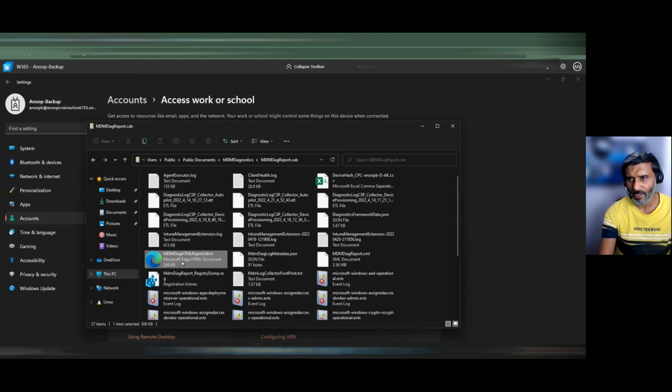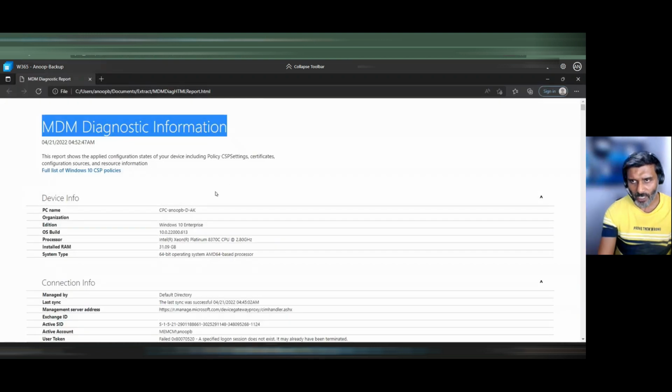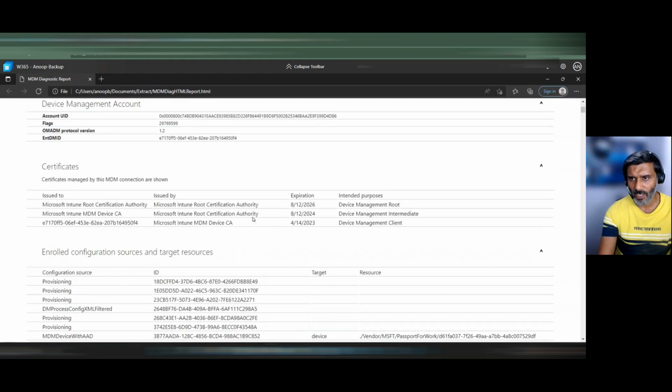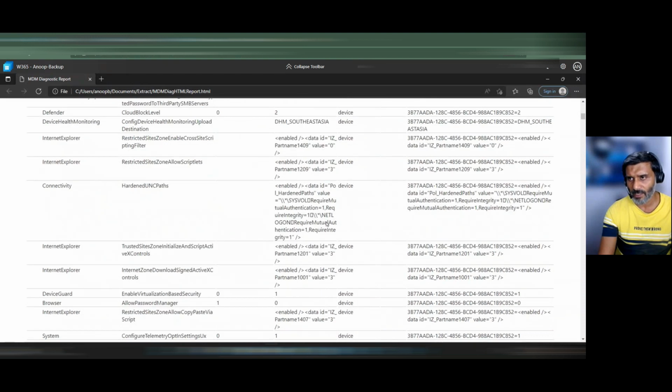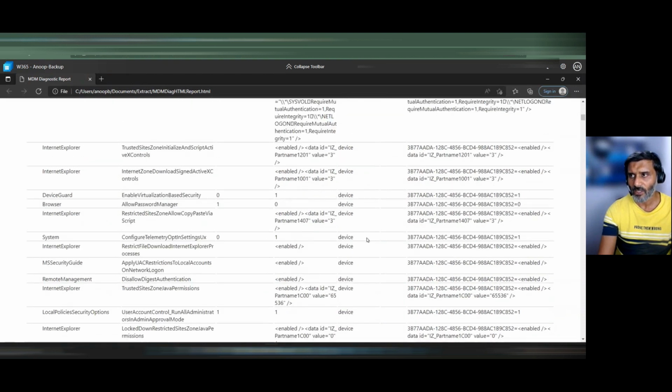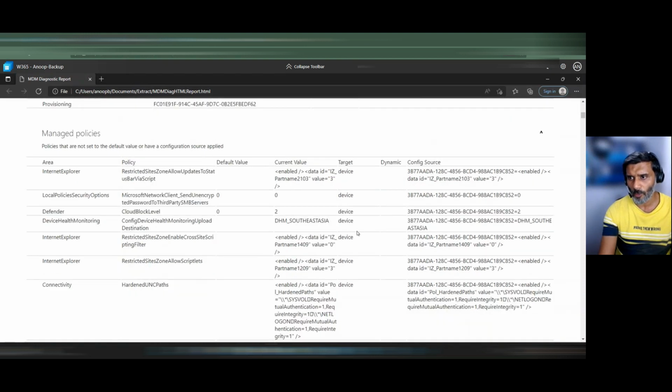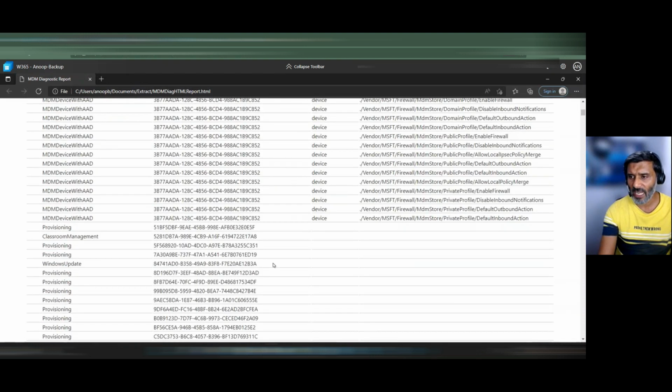You can extract it, right? Extract it, and you can use that to check the cloud group policy settings. You can see over here which are the policies applied, and what is the value of it, etc., etc., right? So this is a very useful report. Apart from that,